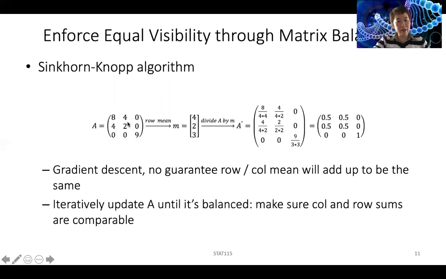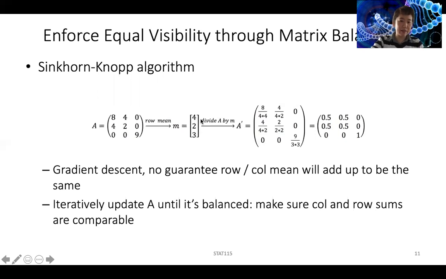So in this case, for example, first we can calculate a row mean. And you can see here the first row has a higher mean than the second row. And so in order to really normalize the interactions, what you can do is to